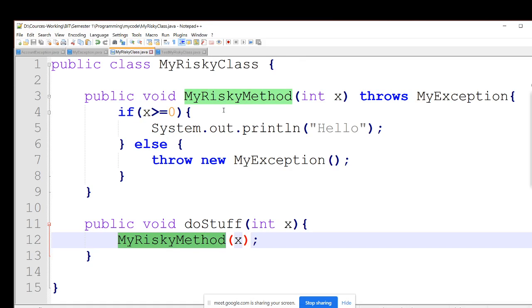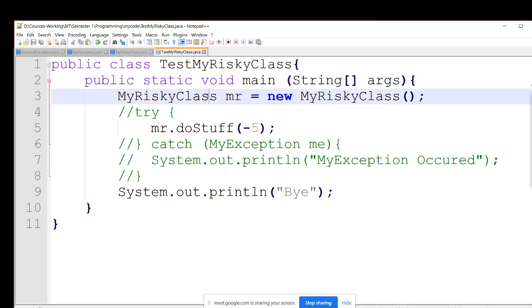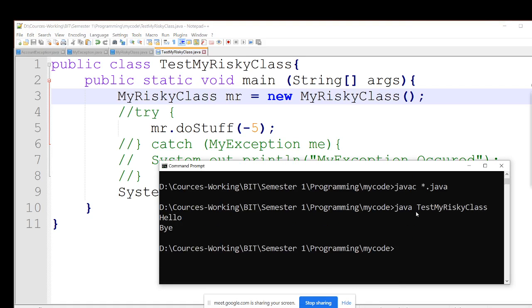Right? So now, because I am sending -5, it will go to the else part. It is anyway throwing it. So this guy is also going to throw it to its caller. Its caller is this guy, the main method. The main method is also not handling it. Therefore, it will be handled by the JVM. Anyway, we are going to get the same exception again, that runtime error. Right, now let's compile it again